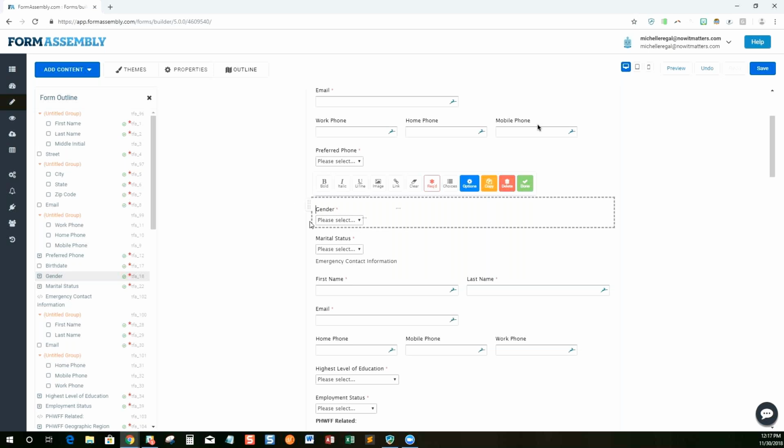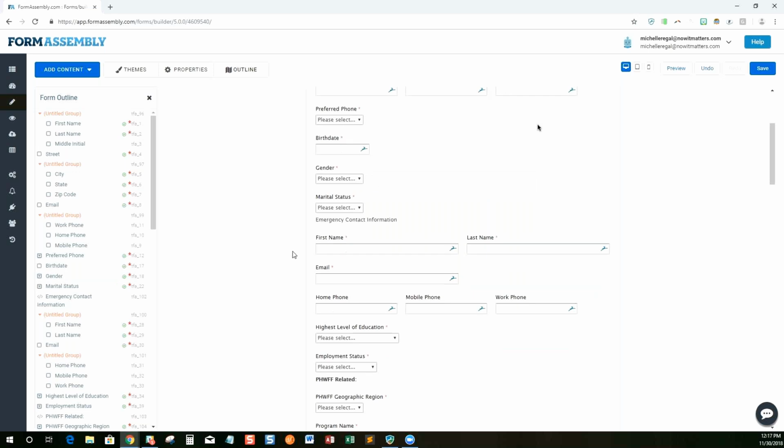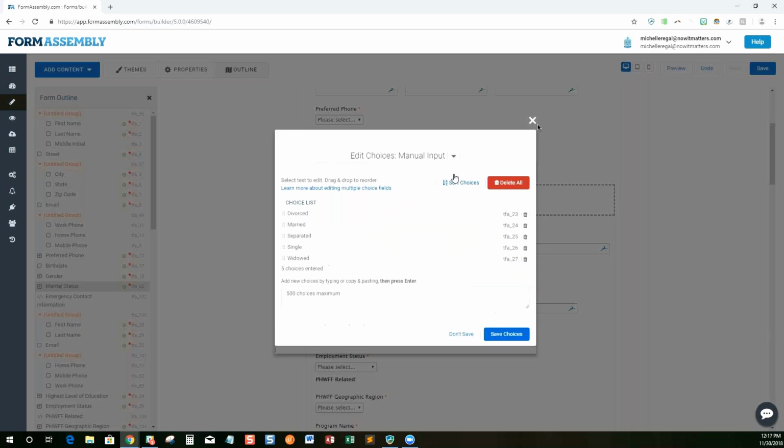But if they are going to government forms, or you have to report on specific items for grants, then you're going to need to have the ones that match your government forms. You can easily make things required by a click of a button, add choices, and then